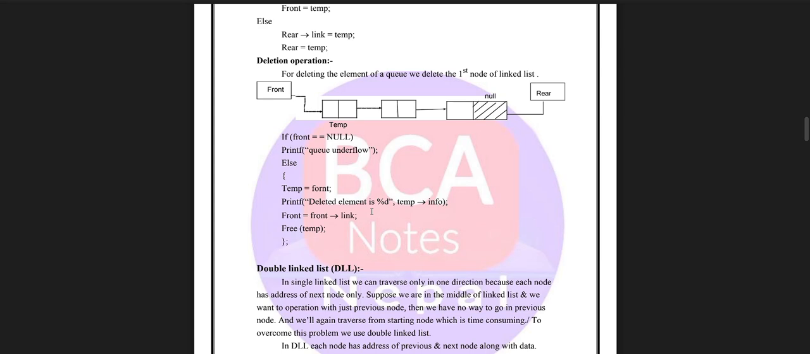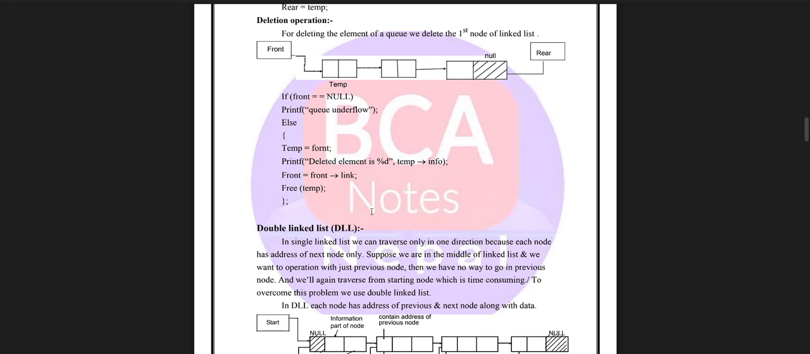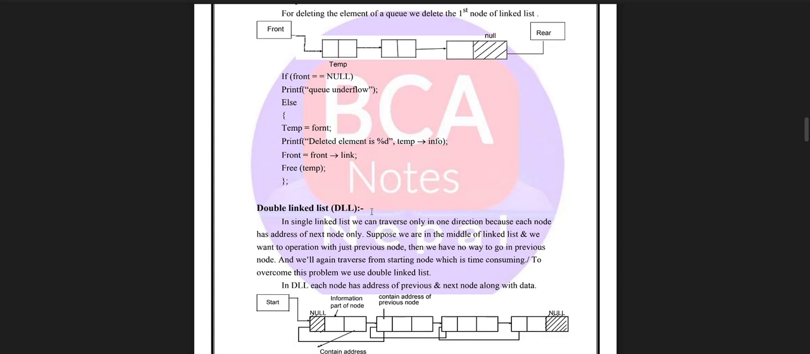In the single linked list, we can traverse in only one direction because each node has the address of the next node only. Suppose we are in the middle of the list and we want to operate on the previous node, then we have to go to the previous node, and we have to traverse from the starting node, which is time consuming. To overcome the problem,